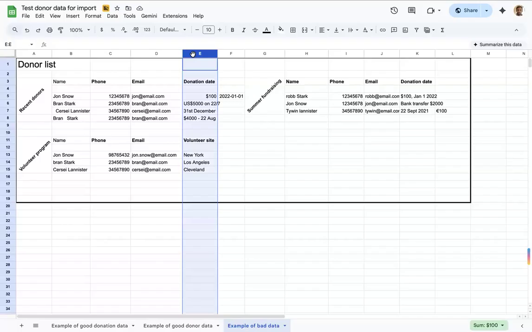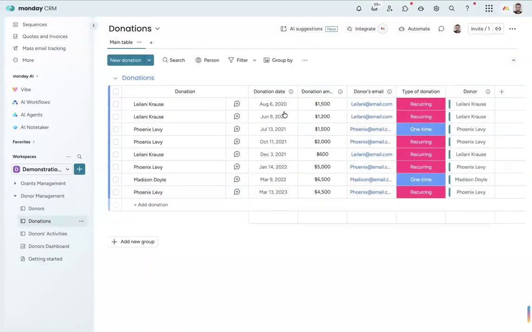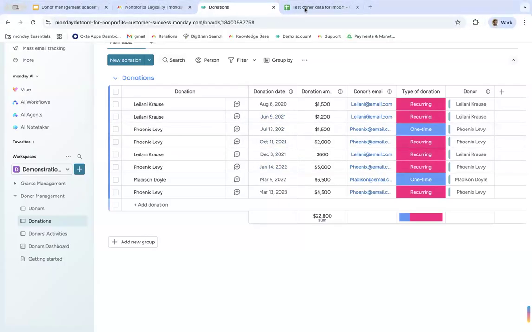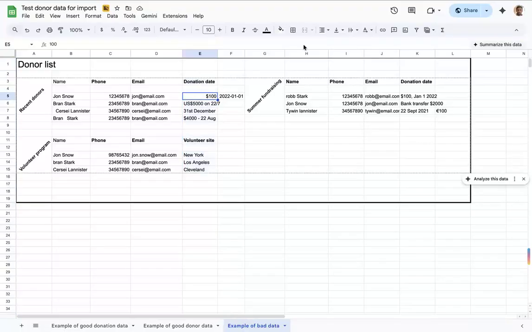the way that the upload works is we take a column like column E and we tell it to go to a certain column in Monday. And here we've got donation date. So you might think, all right, I'll tell it to go to the column in my donations board called donation date. Where's the problem? The problem is that in the donation date column, you can only have dates. That's how Monday works. It's how automations can work, because it's a date. Whereas in our column E, we've got all sorts of other information, right? We've got donation amounts, we've got different formats, and then we've got all this stuff about volunteers.